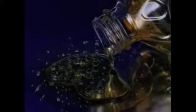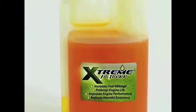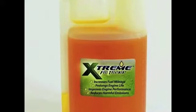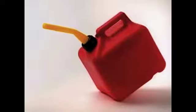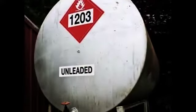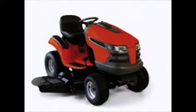As it breaks down, it loses some of its efficiencies. XFT stabilizes the fuel, keeping this breakdown from happening for much longer periods of time, giving your stored fuel a significantly longer shelf life, even for years longer. This is especially important for storage containers, generators, boats, and other seasonal equipment that may hold fuel for an extended